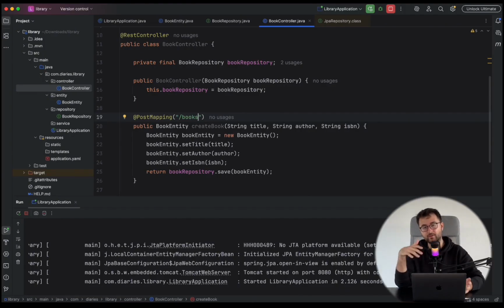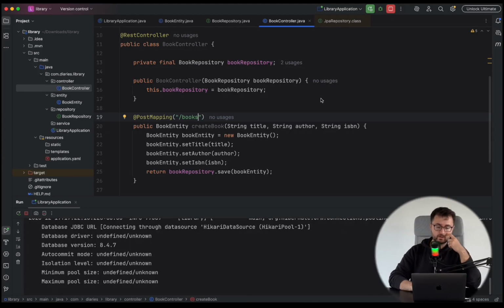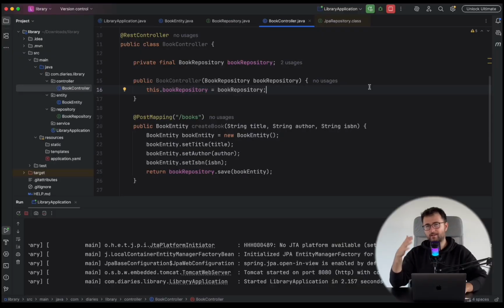And then later on, as you get more familiar with these concepts and pieces of code and annotations, you can add on to these basics. That would be my suggestion. So if I try to rerun my application, what we are going to see is that, okay,